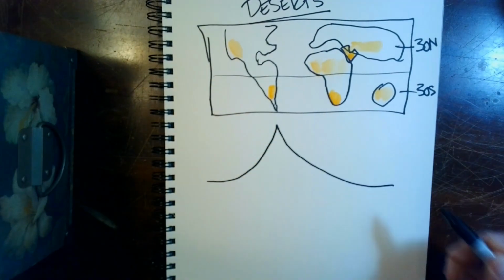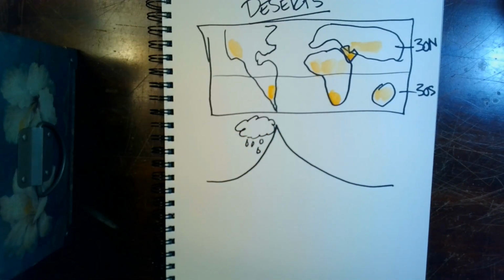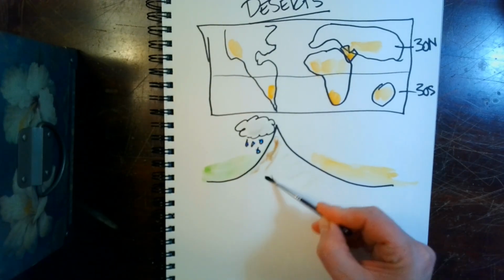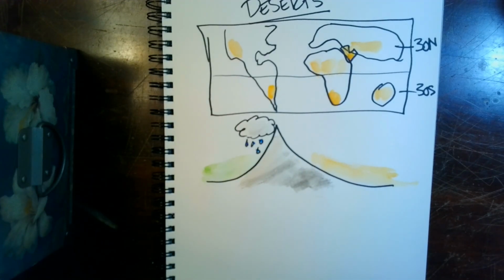Some deserts are not created by latitude, but by topography, namely mountains. When moist air blows toward a mountain, the air rises and cools on the windward side, producing rain and lush vegetation. This happens because the clouds and the precipitation get hung up on the height of the mountains. The wind is still blowing, and as the air descends on the leeward side, it becomes drier, and it shoots down the side of the mountain, creating what we call a rain shadow desert, and these are also called semi-arid